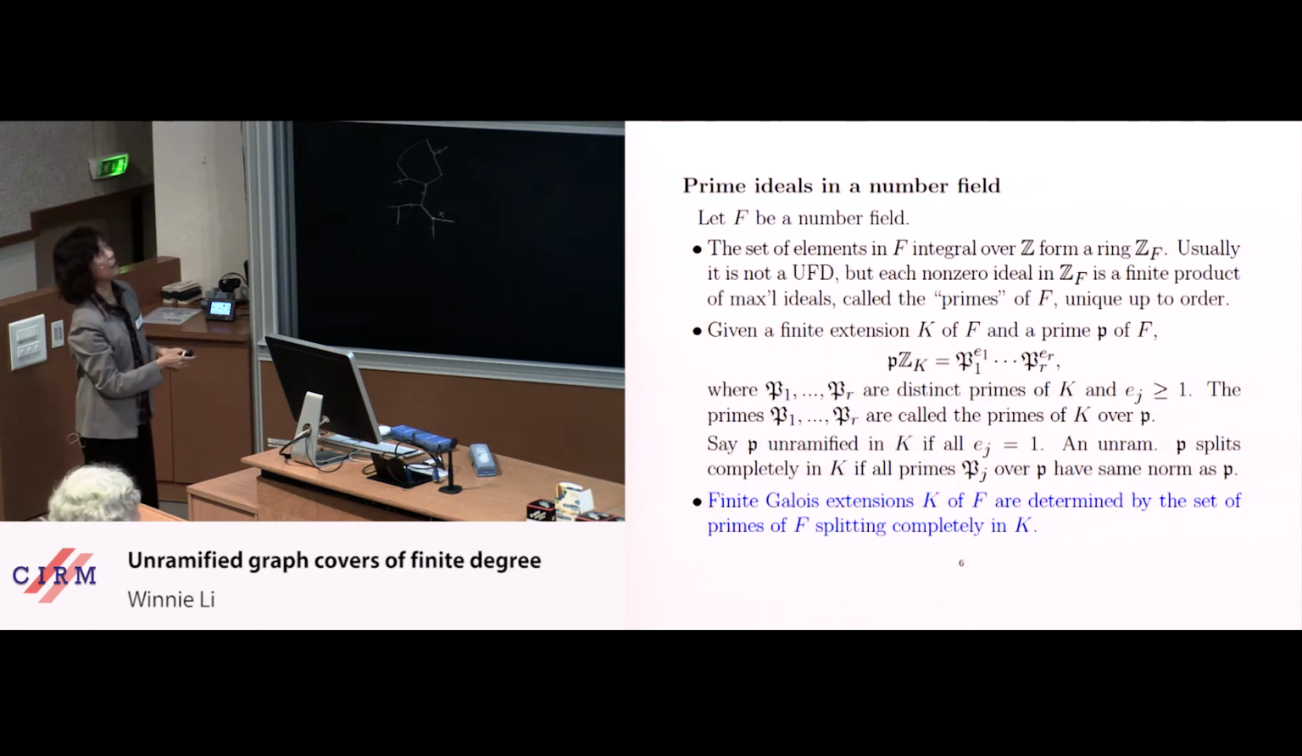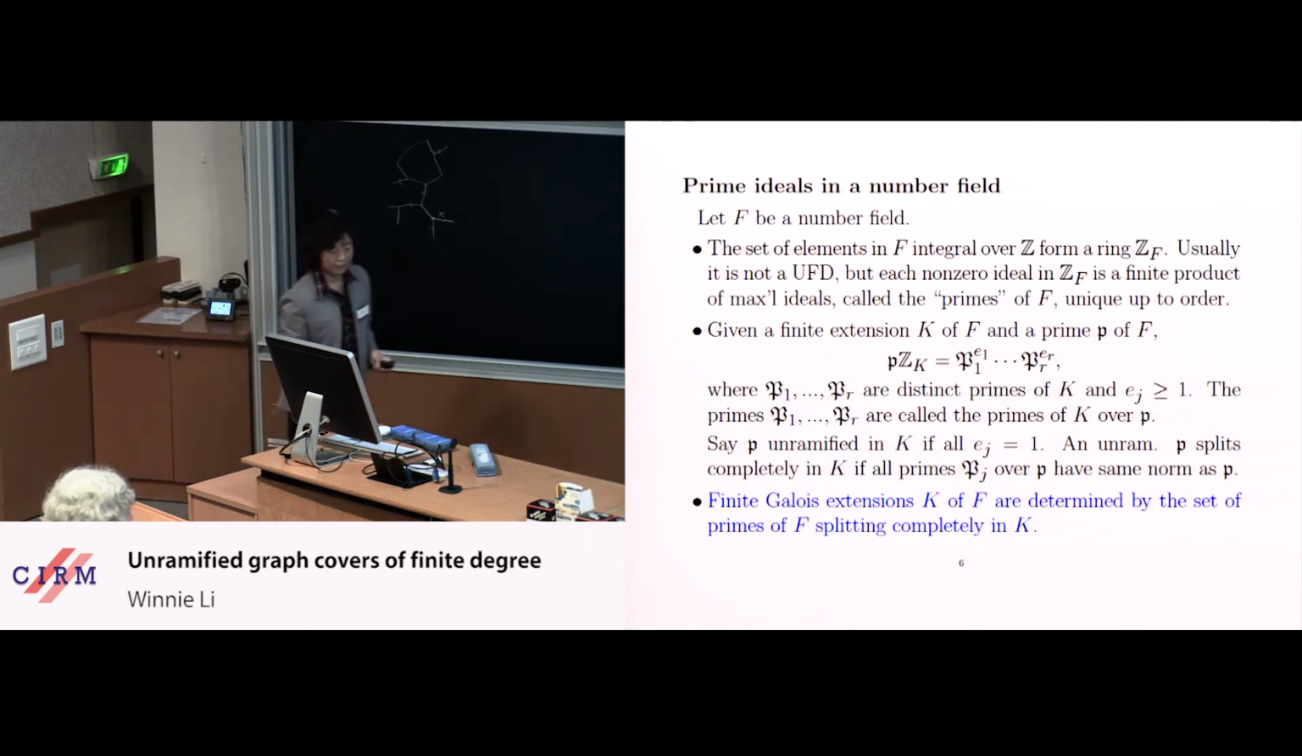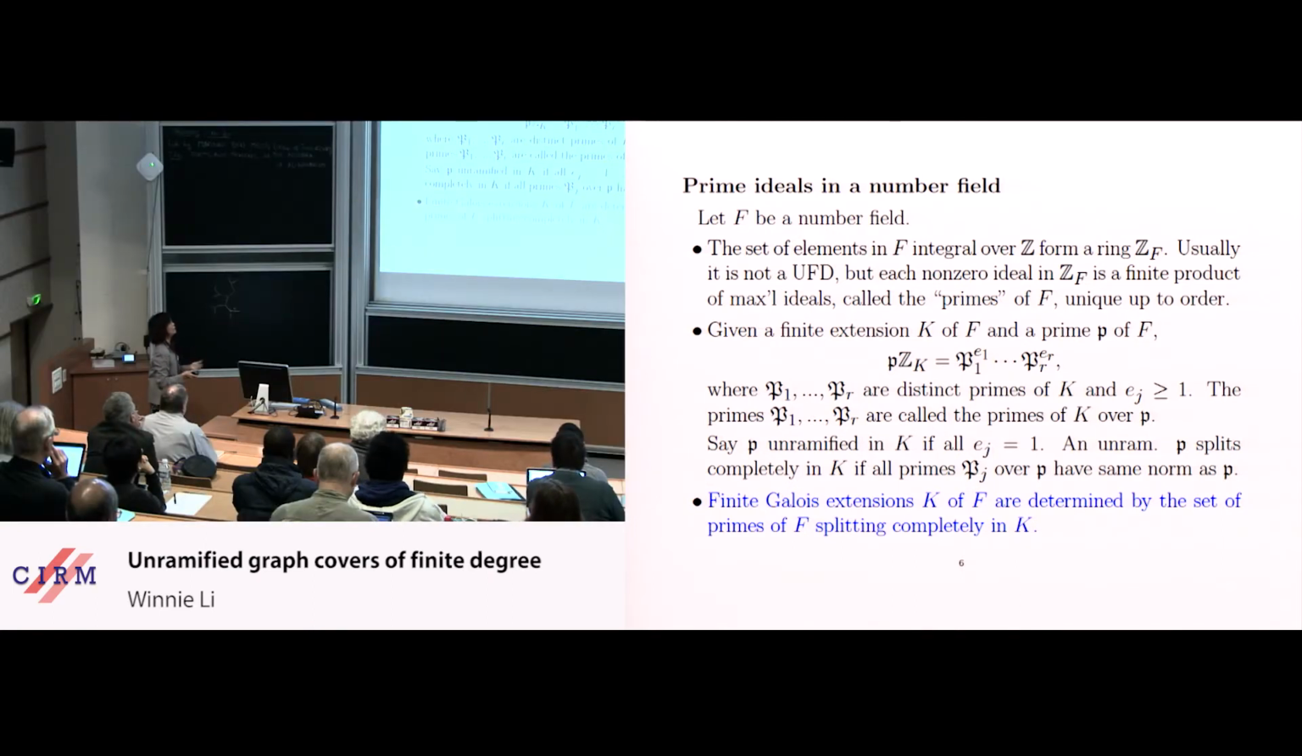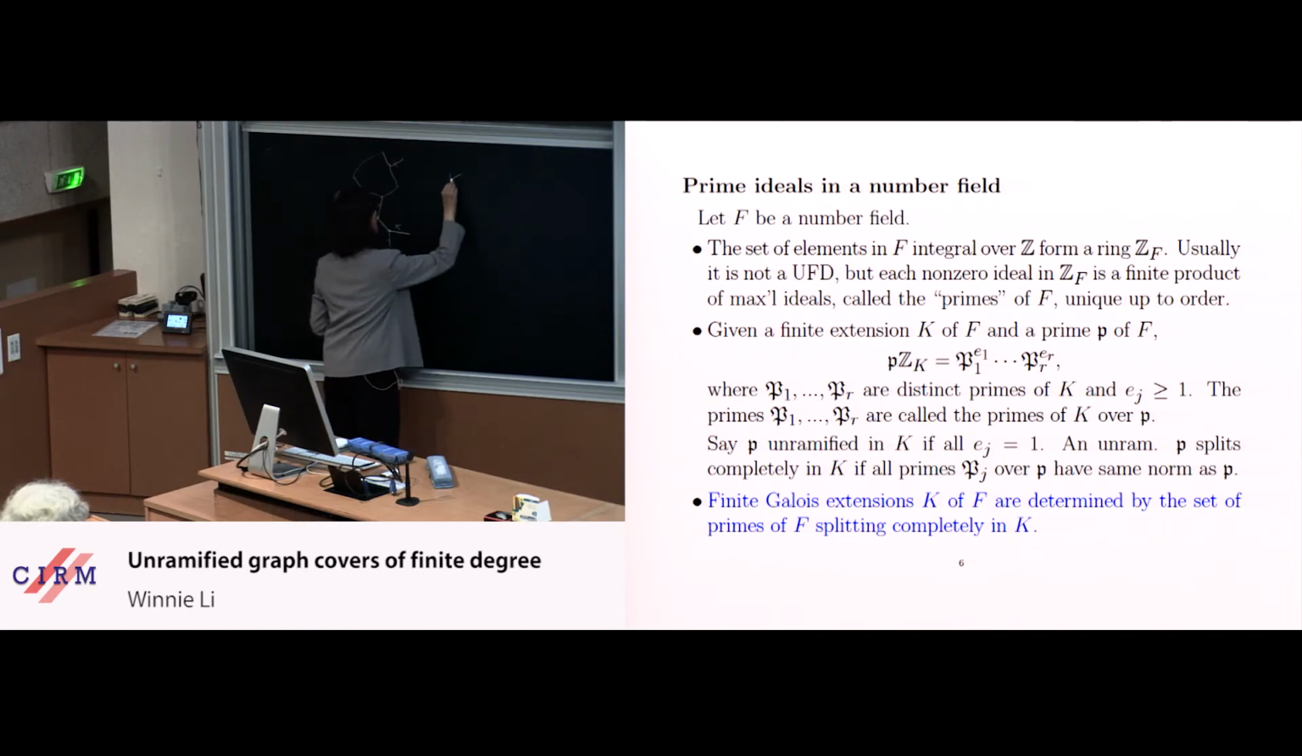Okay. So now let's talk about the various theorems in number theory that I would like to find graph theoretic analogues of. The first is how one describes the finite Galois extensions of a given number field. If I start with a number field F, which is the base field, and I take a finite extension K, one can consider the,